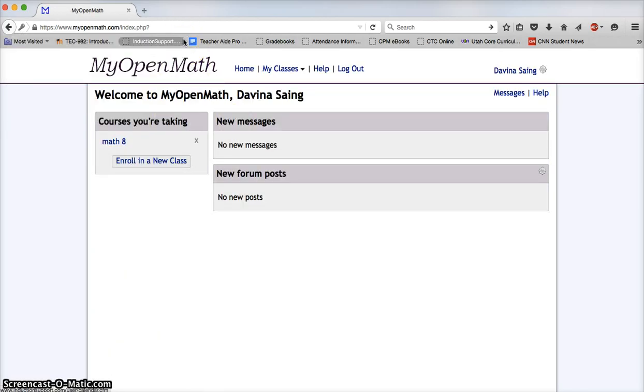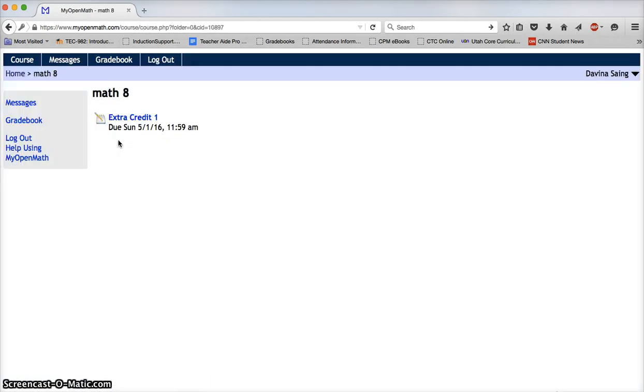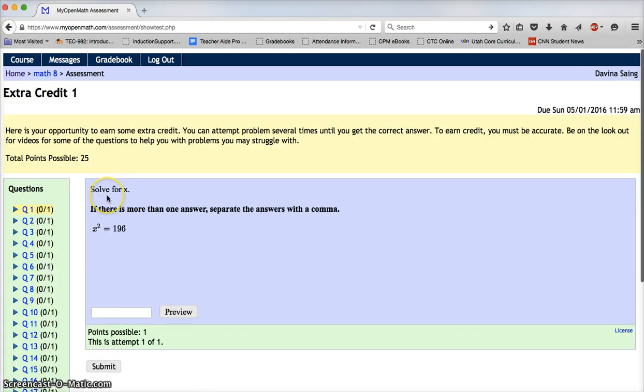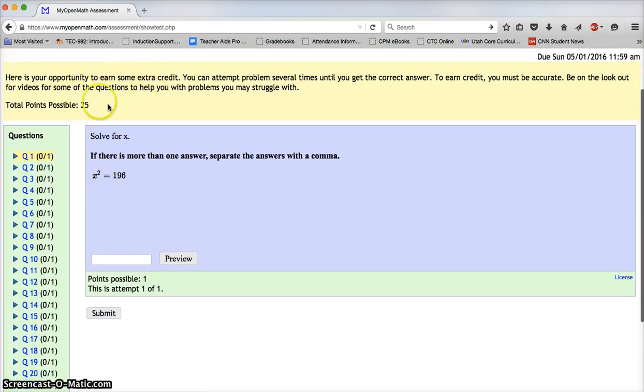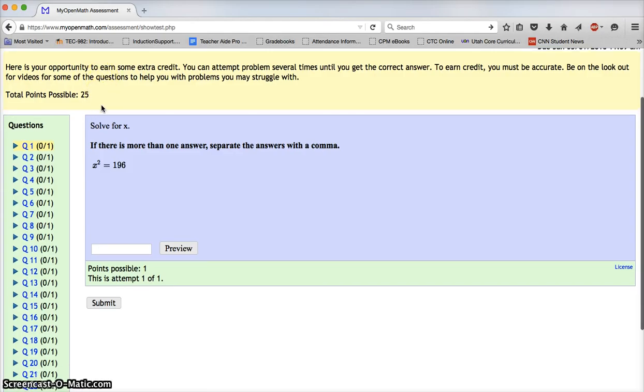Now here, you're going to click on Math 8, and here are your assignments. Our first one is an extra credit assignment. I will click on the link, and it's going to lead me to the problems here. In this yellow area is generally where I will give you some information. Please disregard the points possible because that's going to be altered based on what I give you for your grade